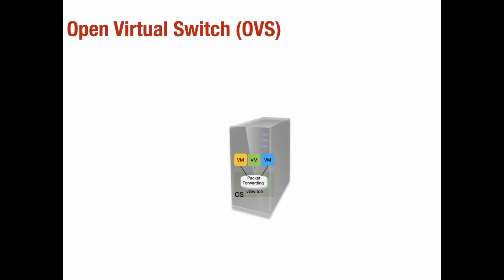So now let's talk about the software or the virtual switches. One of the most popular realizations of a virtual switch is called Open Virtual Switch, or OVS. What it does is provide packet forwarding service for the virtual machines, and support the flexible policies that we want to apply in the context of network virtualization or data center networks, where we have these virtual machines